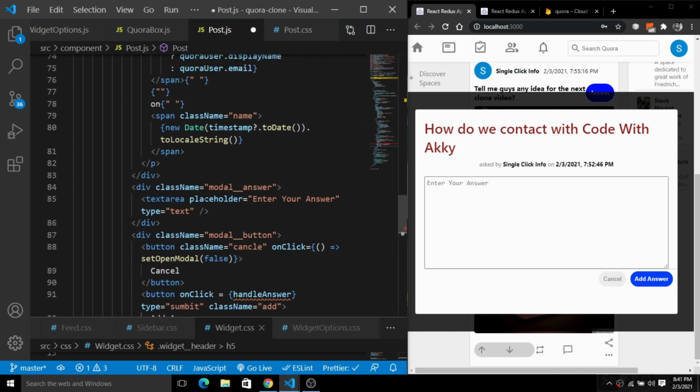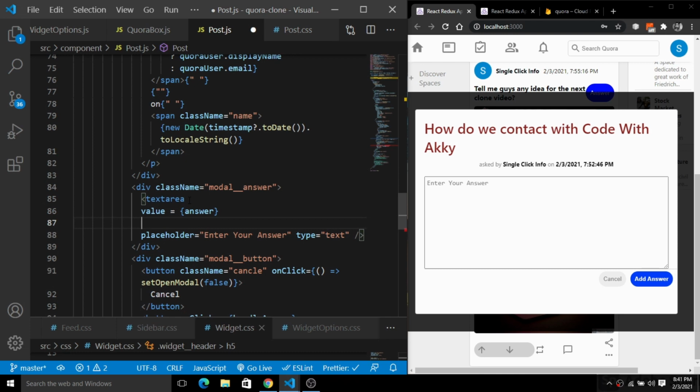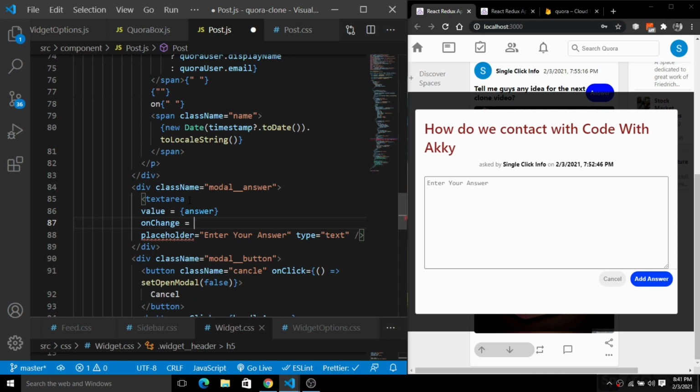Okay, so we have this text area here, and the text area will have a value. For the value, initially the value will be answer, just like this, and an onChange. So on onChange I'm going to pass an event object here.